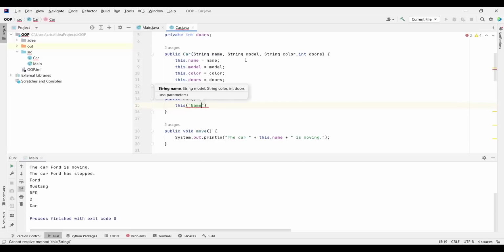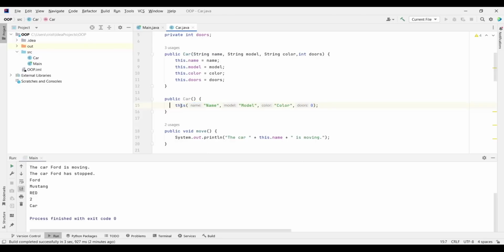We're going to pass name for the name, model for the model, color for the color, for the doors, we're going to put 0. So if somebody from outside the class creates an object and doesn't provide any value for our constructor, those values are going to be used.